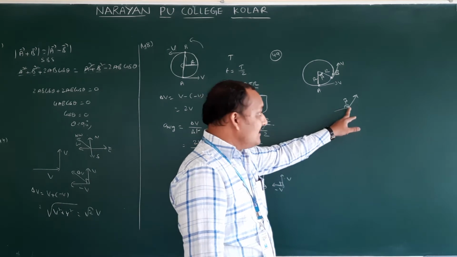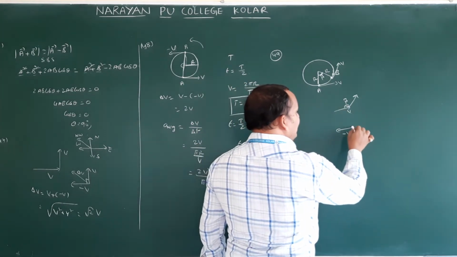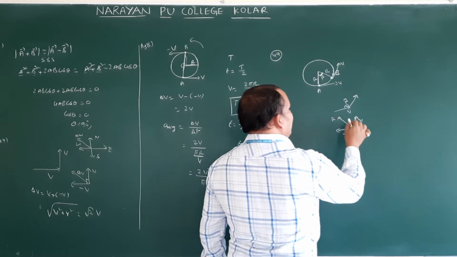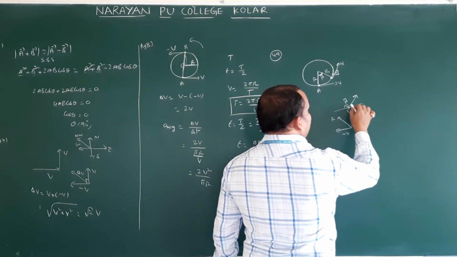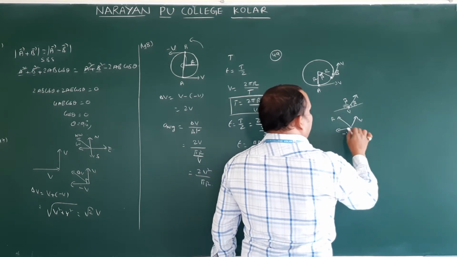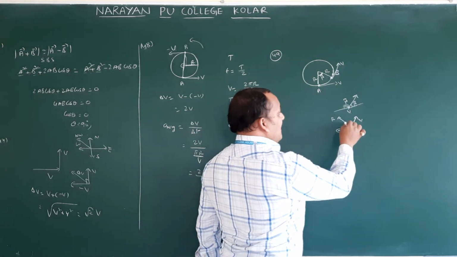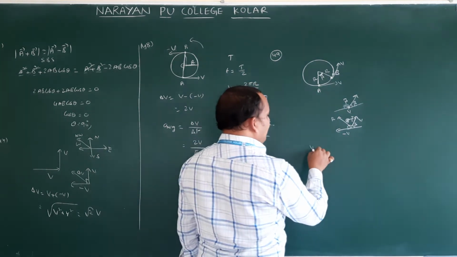But the angle we should not take like this. How we have to take? This arrow mark we have to reverse. If you reverse means this one will be minus V, this one will be V. Okay. So resultant will be coming like this. So this angle how much they gave? These two vectors, this is the angle, beta. Then this angle is how much now? 180 minus beta.